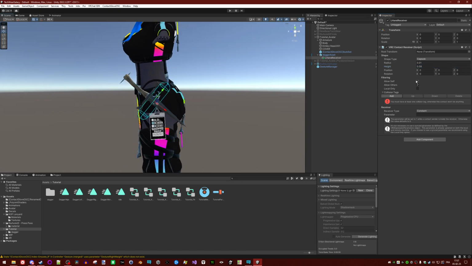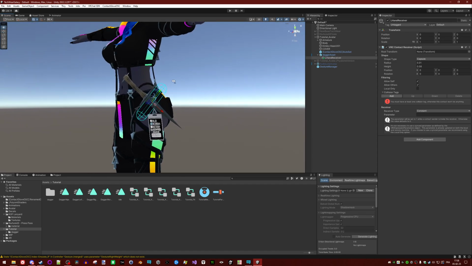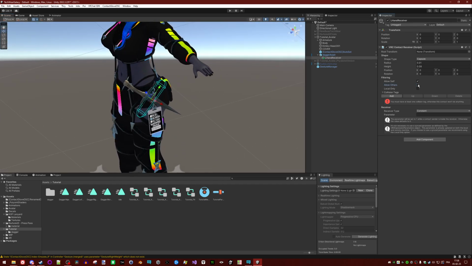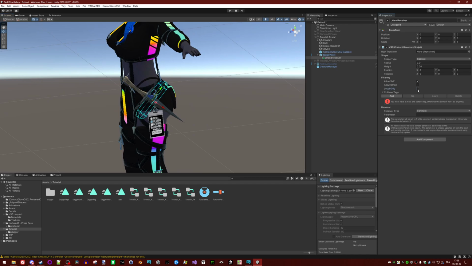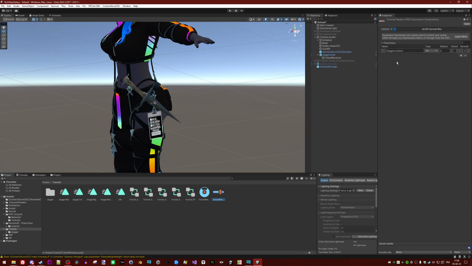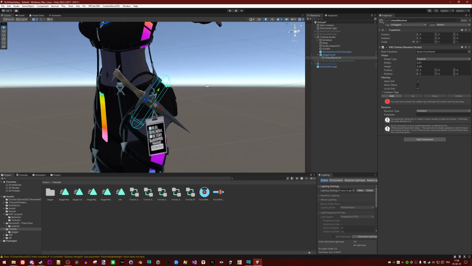Allow self only, not allow others, because you don't want other people to mess with this contact. I don't think it would cause a big issue, but it could. Just don't. Local only, yes, because our main parameter is synced, so you don't need anything else to be synced. Remember the main parameter here? It's synced. You don't need anything else to be synced, so local only will be checked almost everywhere.